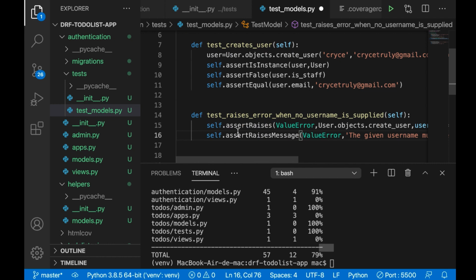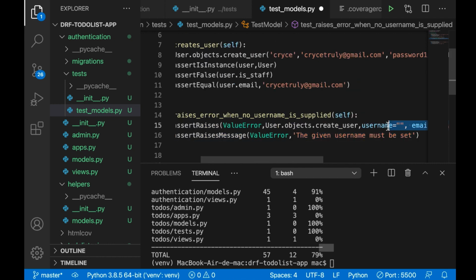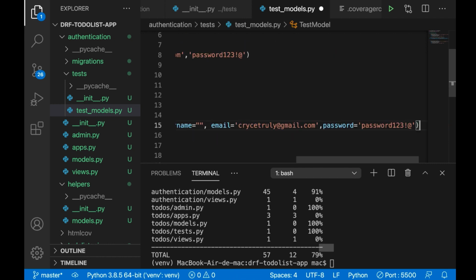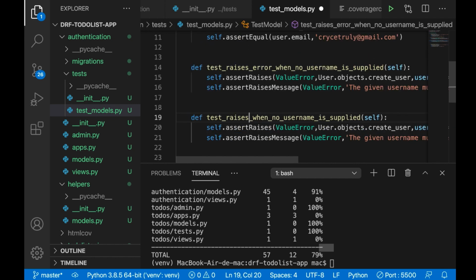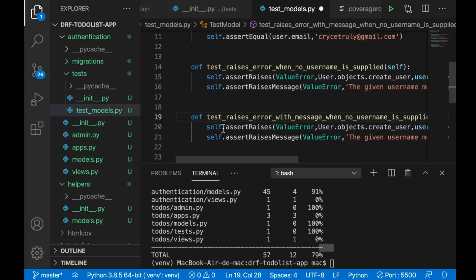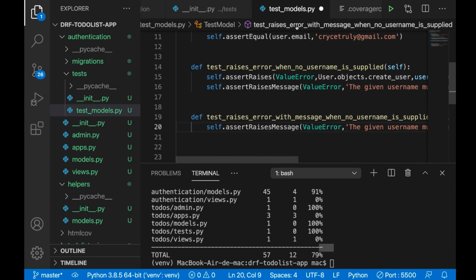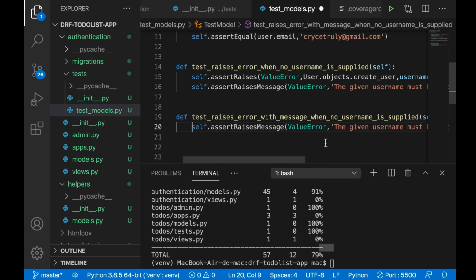And also, whenever we are writing this code, I'm actually going to create another test function. So let me copy this. Here we can say raises error with message. Let's have "with message" here. Let's remove this because we already have it. And this is just an example because our test is already catching it. So this test might not be that significant,